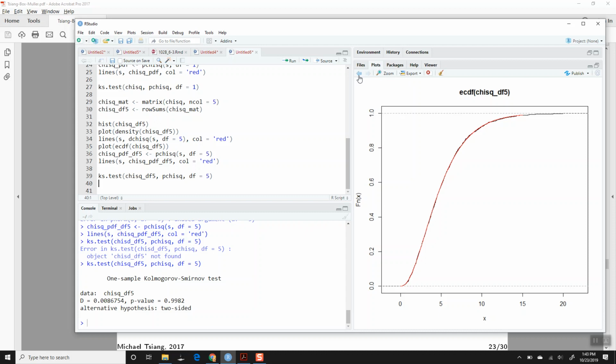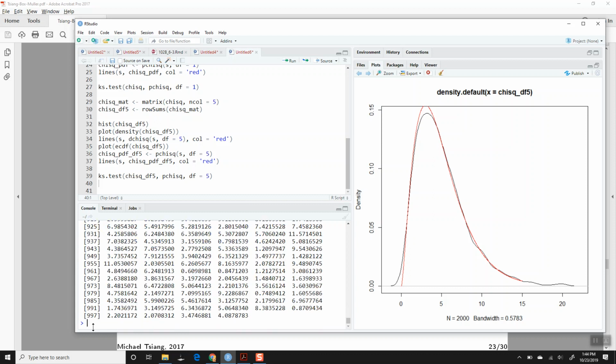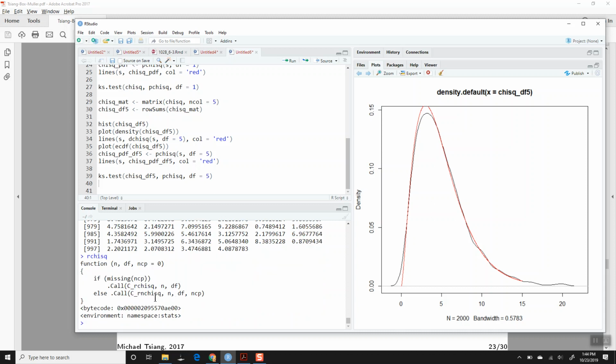Okay, and of course, it's a little bit silly because R has this really good r chi-squared function, right? So if I do r chi-square and I could ask for 1,000 of these things and say df5, it's going to generate a whole bunch of these things, and it's going to be perfect. Actually, I never looked at what is the thing. Okay, so unfortunately, we cannot see how r chi-squared works because it calls a C function. The function's written in C called C_rchisq. So we don't get to see the inner workings of this,